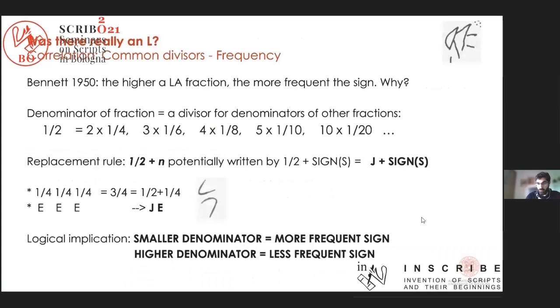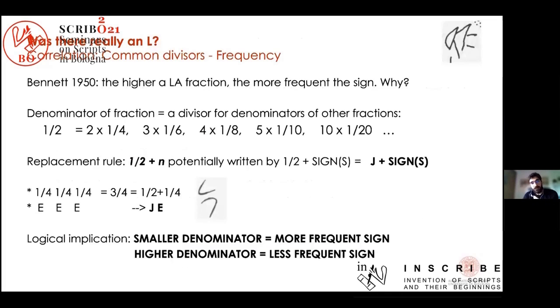The big issue was what to do with the supposed L shape, which, for example, in the standard corpus of Linear A was considered a possible entity, a sign within the fraction system of Linear A. As Barbara showed, all of its attestations in the late Minoan period are doubtful, and perhaps the only one that seems possible is this one here from tablet Zakros 11, where supposedly we have L, L2,